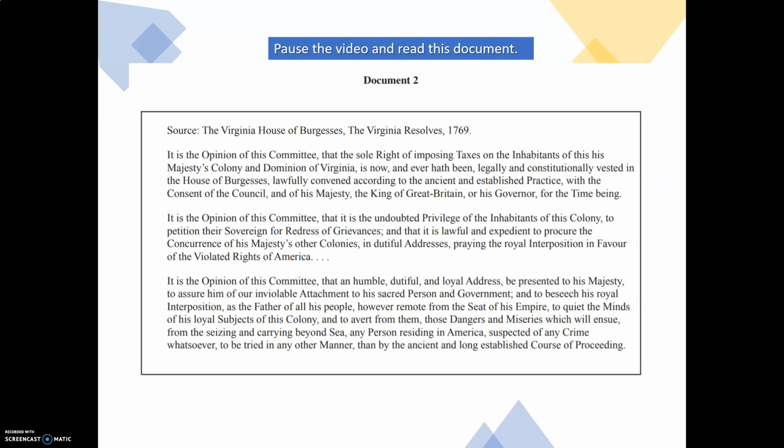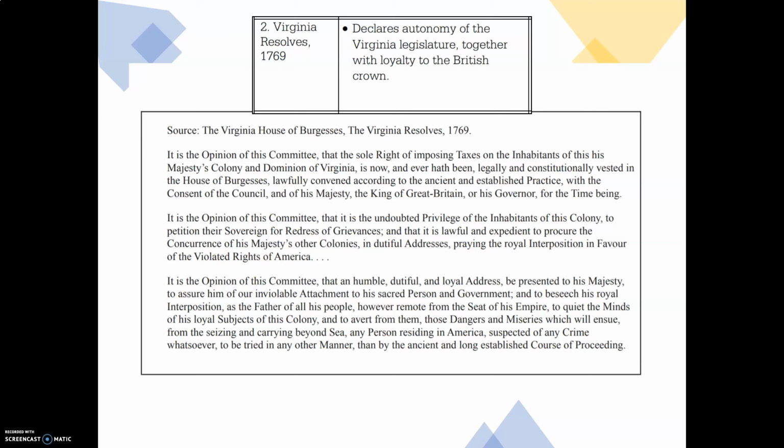All right, so you've had a chance to read the document, hopefully. And this is coming from the House of Burgesses. What do they want you to pull out as far as content? Well, this is, first of all, the House of Burgesses, if you recall, was that self-government of the colony of